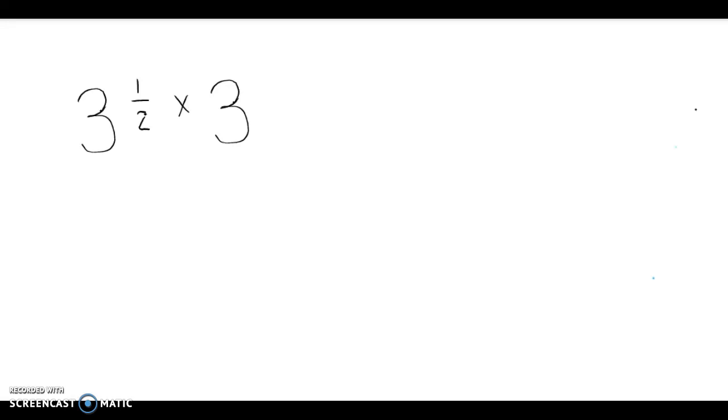Hey mathematicians, let's talk about multiplying mixed numbers. So every once in a while you're going to get a problem that is a mixed number times a whole number. This could represent anything. For example,